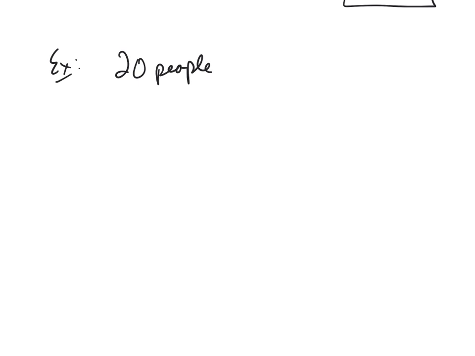Now a question we might ask in the springtime, if we weren't all stuck at home, is that every spring we want to have elections to elect people to run our class for the following year. So let's say we are going to elect a president, vice president, and a treasurer. From the 20 people in our class, how many ways can we elect a president, a vice